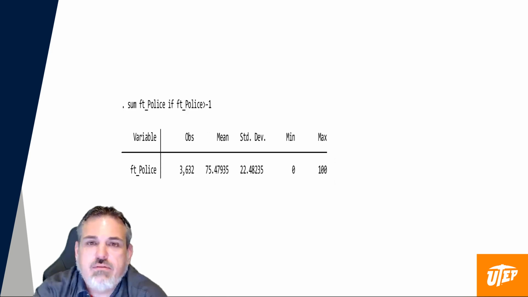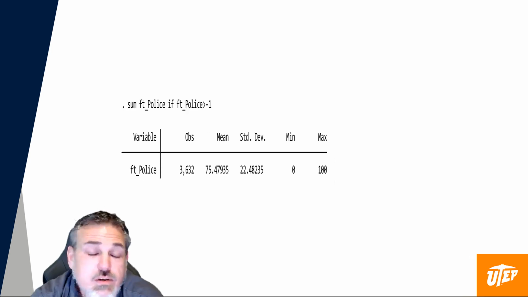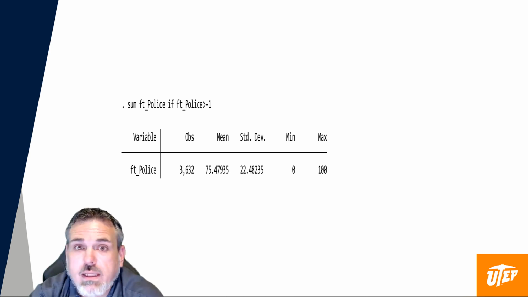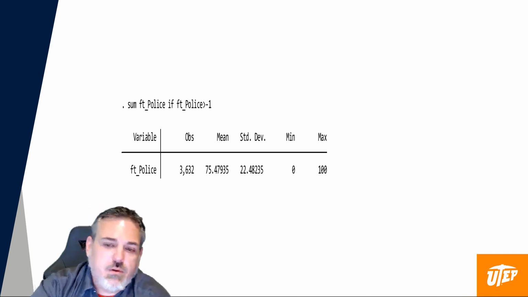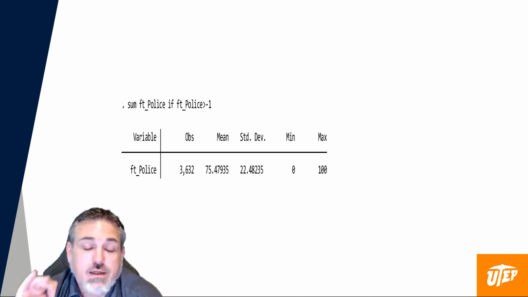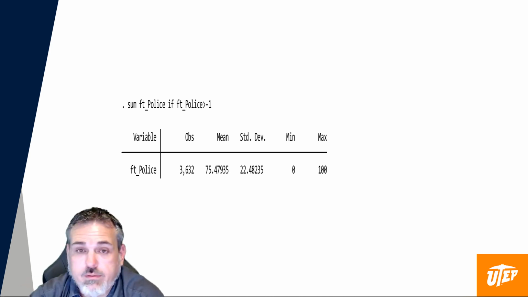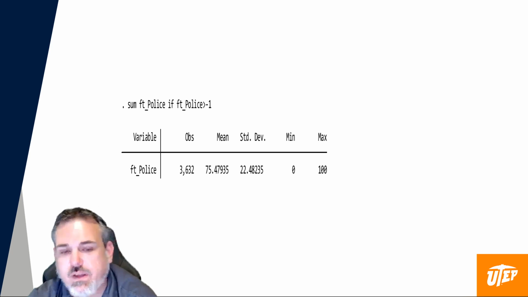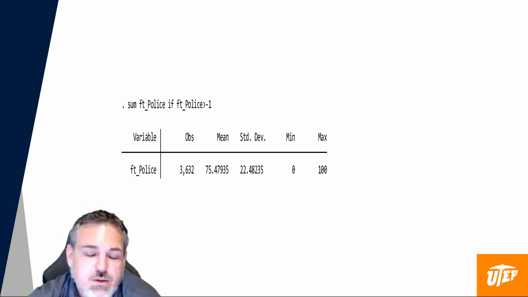Lastly, we have an interval level variable. In this case, I used a feeling thermometer for support of the police. And this variable, as you can see, from min to max ranges from 0 to 100, 100 being a very high thermometer rating for the police. Think of it like temperature, a feeling thermometer. So at 100, you're pretty hot. At 0, you're pretty cold. And this is individuals' own assessment of how they feel about something,